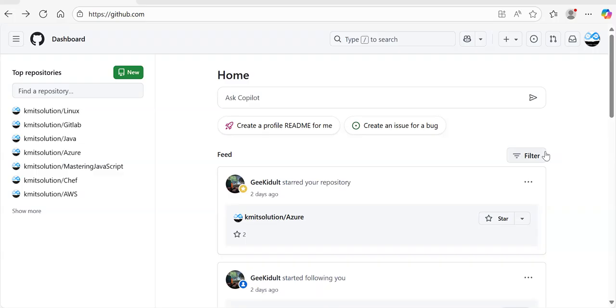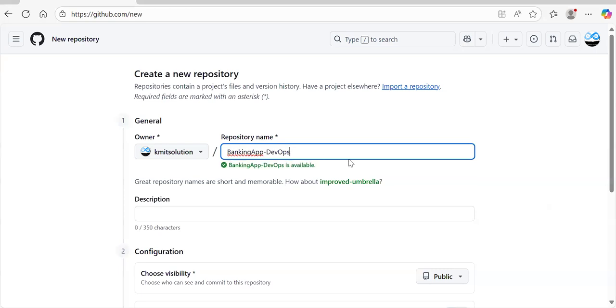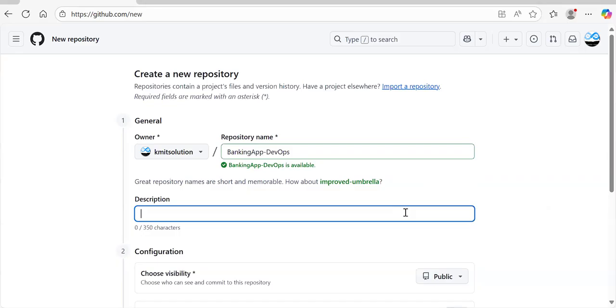My name is Raman. In this lecture, we will create our remote repository on GitHub. For that, you need to first have an account on github.com. Once you log into your account, then you need to create a new repository. So I'm giving the name of my repository as Banking App DevOps. Description. So I will say banking app is the project